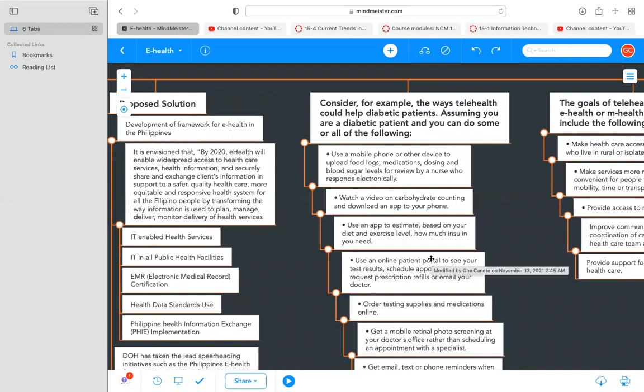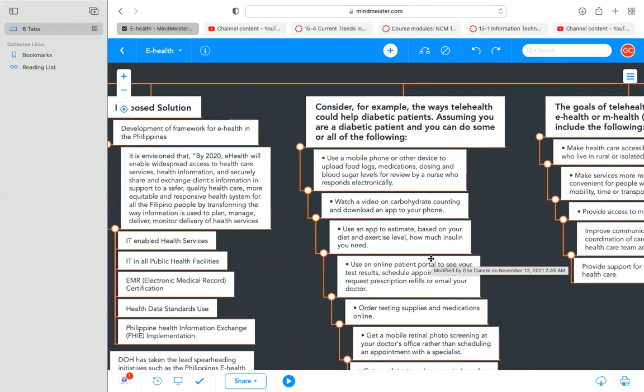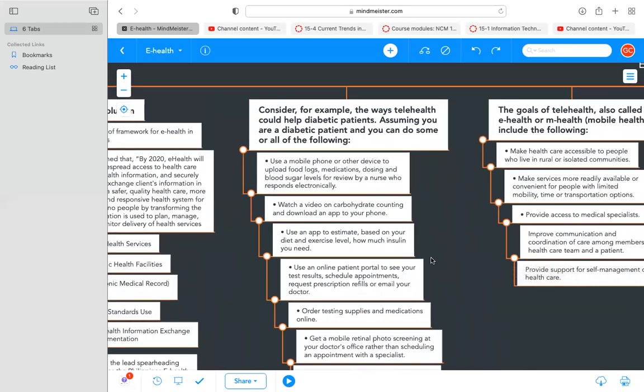So I'm sure that in your nursing informatics subject, you have seen already the many ways, no? Informatics, information technology, and communication technologies are able to make the work of healthcare providers more effective and more efficient. So imagine a diabetic patient again who is using a mobile phone or other devices to upload food logs, medications, dosing, and blood sugar levels that can also be reviewed by nurses and doctors who can also respond